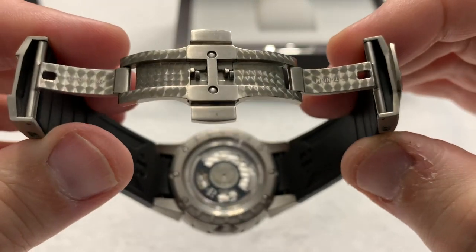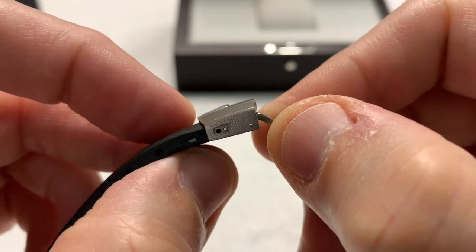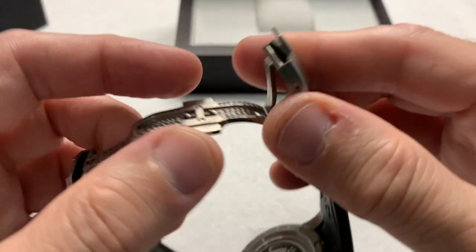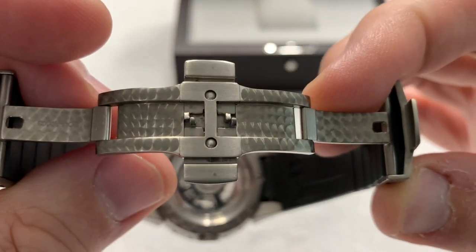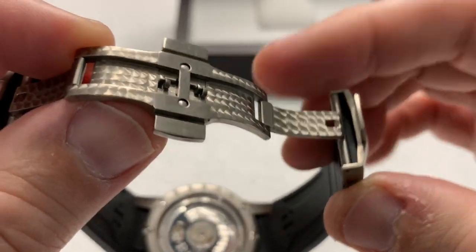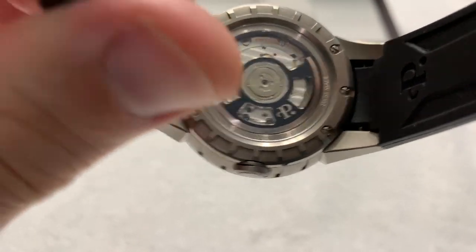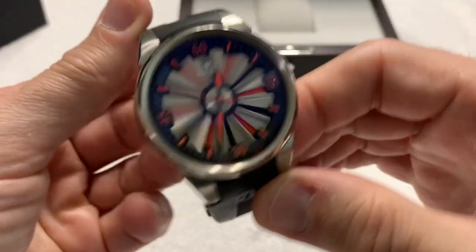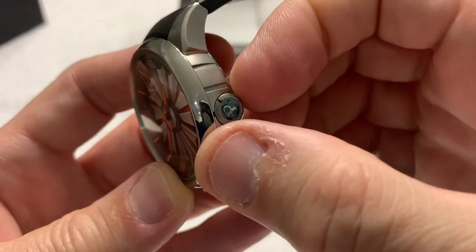Double popper, butterfly style clasp with two small micro adjusters, which do almost nothing and yet made all the difference in sizing this thing. Beautiful engine turning on the inside of the clasp. It really is very nicely done. Automatic movement, as you can see, when that rotor turns, it winds the watch. When the fidget spinner turbine turns, it just shows off. Very unusual